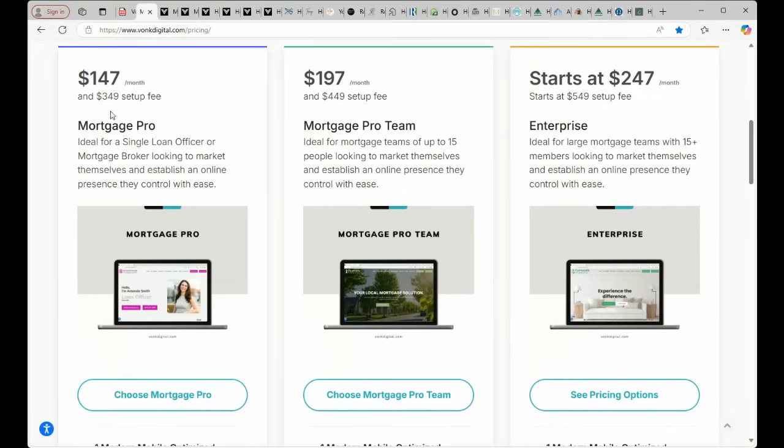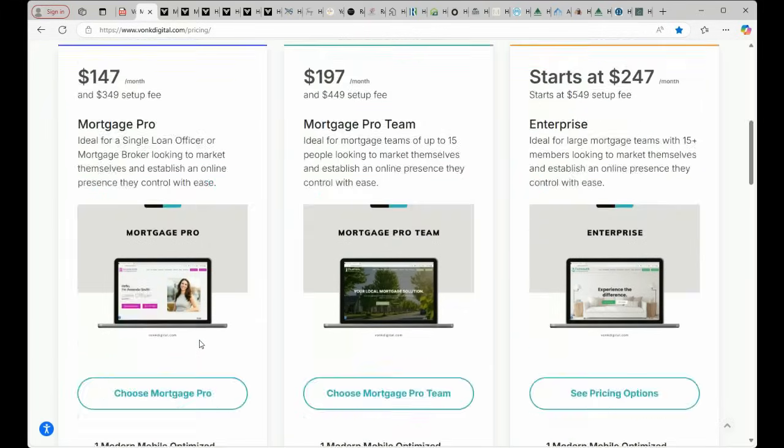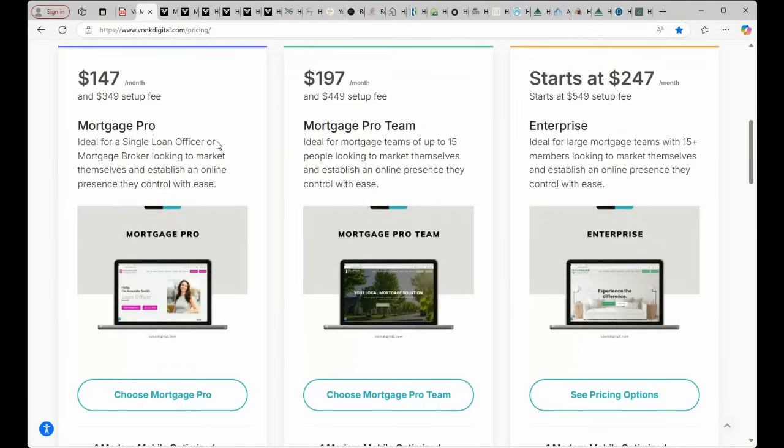So while an individual company or originator could use the pro plan, that's totally fine. You do get one loan officer landing page with that. Or if you don't want to showcase the loan officers and give them their own page, this would be totally appropriate. Now, the nice thing is it's only a slight jump to the team plan, and you get up to